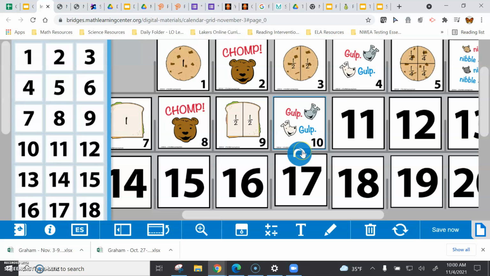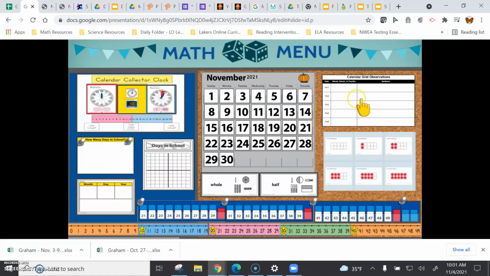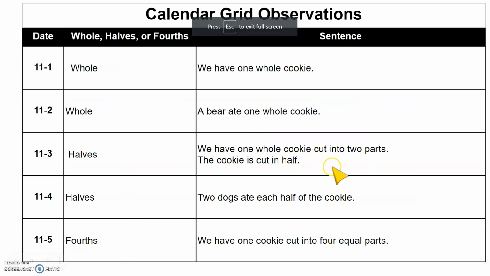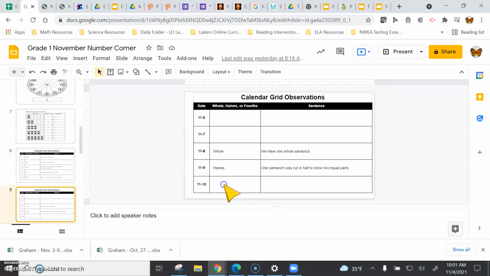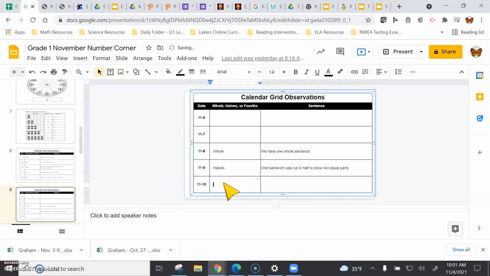Whoa! The two dogs are back again and they ate the sandwich. Each one of them had one half of the sandwich. Let's add that to our observation grid. Here we go. So we had halves again, but this time